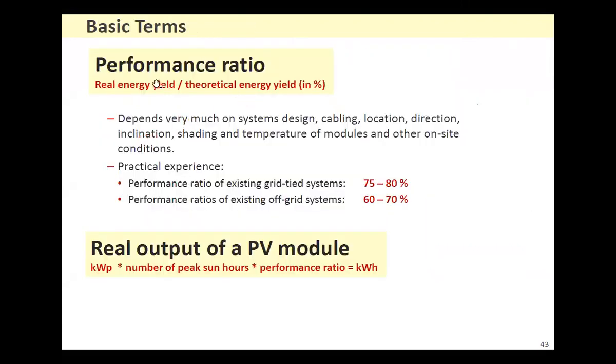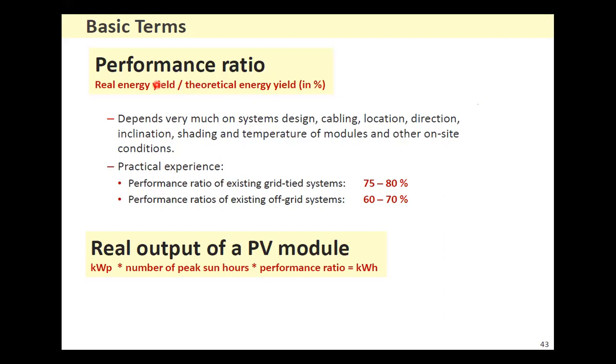Performance ratio deals with the energy extracted by the solar panel and the energy lost in our power processing. This is what is defined by the performance ratio. Normally, we have around 70 to 80% efficiency